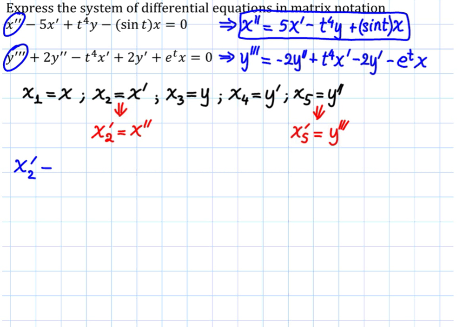So x double prime is going to be x2 prime. 5x prime is 5 x2, minus t to the 4th, y is x sub 3, and then plus sine t, x is just x1. So we have one equation. The second equation,